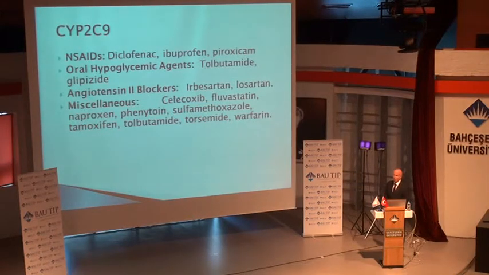The 2C9, for example, is a very important thing, in my opinion. NSAIDs, diclofenac, how many people take diclofenac? Or ibuprofen. Then oral hypoglycemics, angiotensin 2 blockers. A lot of people combine this, even doctors combine this. If the patient is a poor metabolizer in this, they combine irbesartan with diclofenac, for example, or ibuprofen. They get a detoxification very fast because they block each other as well. They are competing for this enzyme. So that's a big thing.